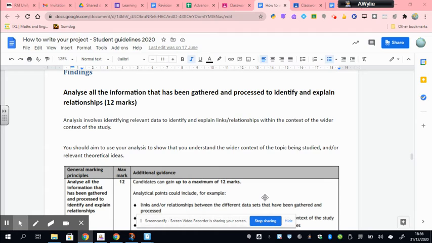Or you may be looking at a map and you've noticed an area of the map where the result was not what you expected, and you've got some photographs of that area, then you might want to put an annotated picture there. Or you might be drawing some conclusions about there being a relationship between a couple of pieces of data that you've gathered, and it suddenly occurs to you that maybe you want to do a statistical test to mathematically prove whether this relationship exists. So it's likely that new data presentation opportunities will occur to you as you work your way through this. But I would strongly recommend that you complete most of the key bits of data presentation in advance